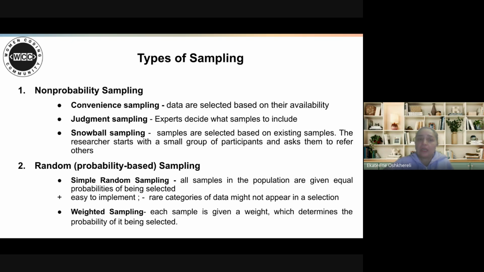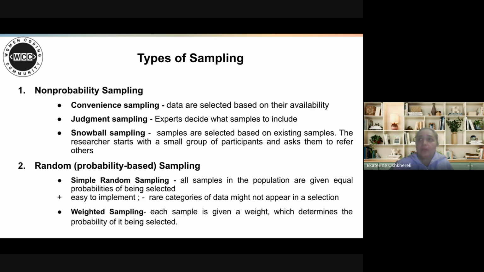It can give better predictions, but weighted sampling needs prior knowledge of real data, because you have to know how data are distributed in the real world.